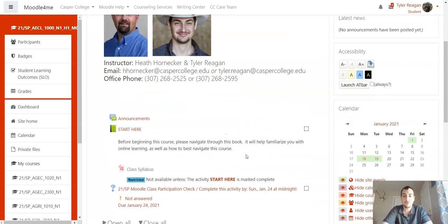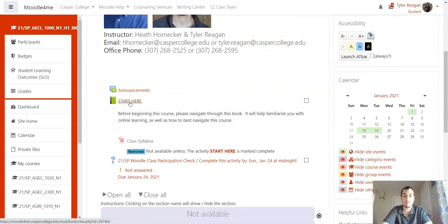So what you'll need to do first is you're actually in the Start Here booklet. You'll need to go ahead and complete this Start Here booklet. And whenever you're done with that Start Here booklet, this class syllabus is actually going to open up for you. Be sure to go in there and read that class syllabus, read it all the way through. Something a little bit different about this class syllabus is because we are dealing with an N1 and an H1 section, there's different information pertaining to the N1 section or the H1 section down at the very bottom of the syllabus. So make sure you read that addendum there at the bottom of that syllabus